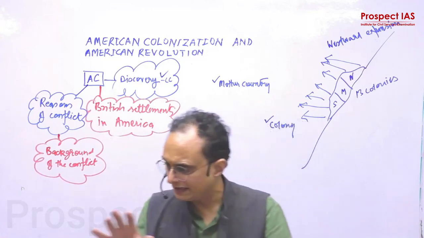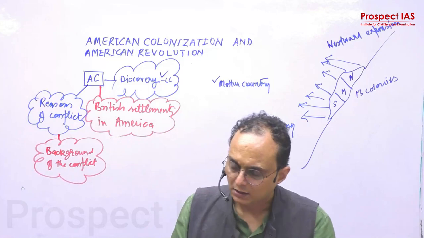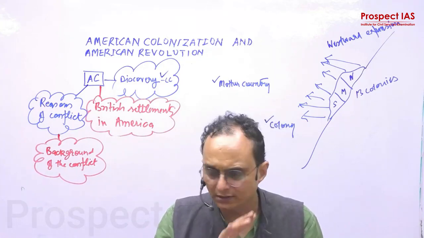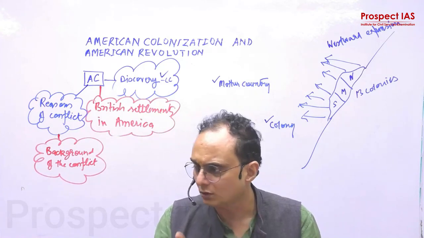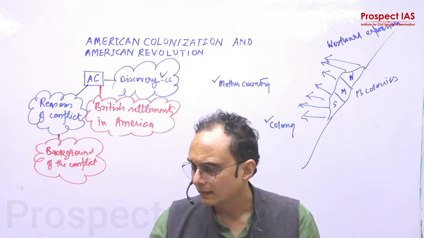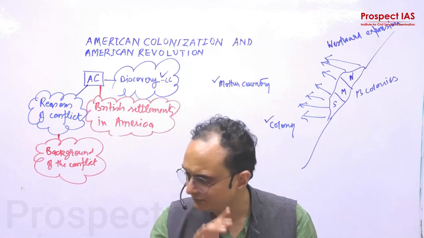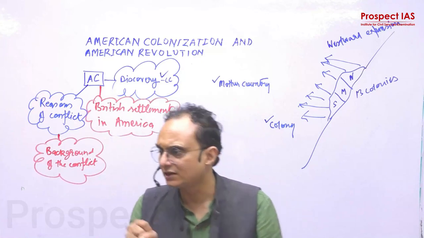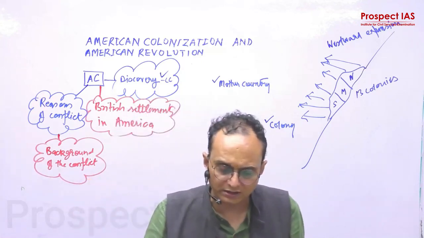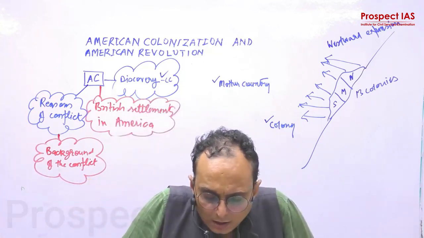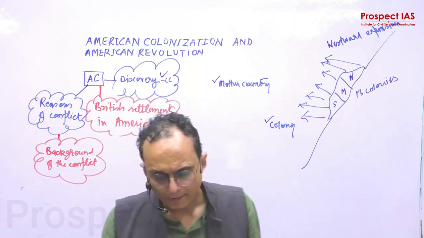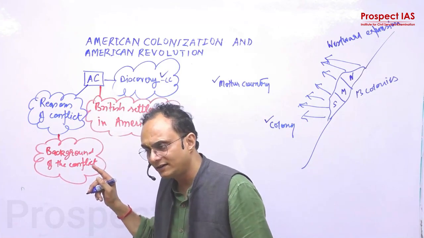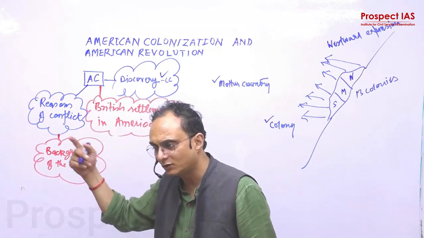So here in each of the fields which I noted down, Britain imposed certain restrictions that you are not allowed to do so. And the first and the foremost was the Navigation Act, which imposed very strict restrictions on the trade and the commercial activities in England. But by 1763, the year when this conflict erupted,